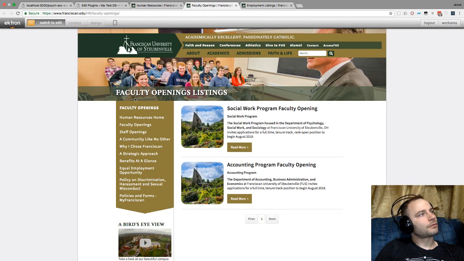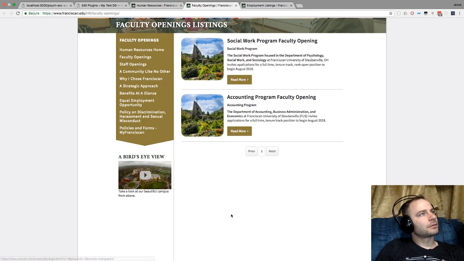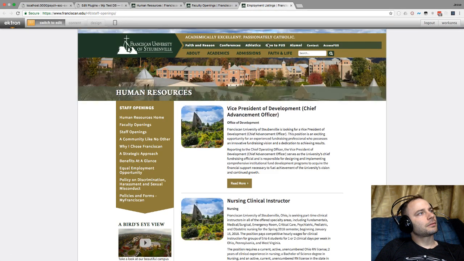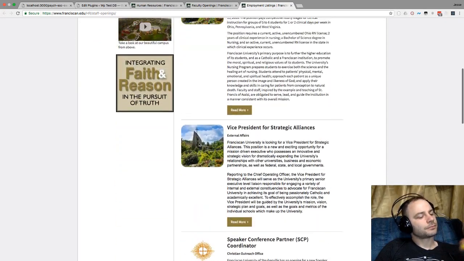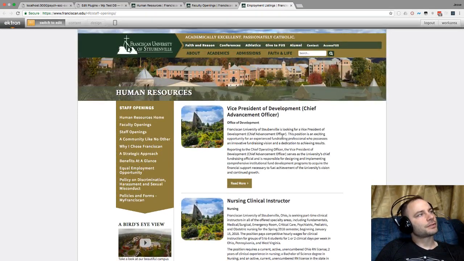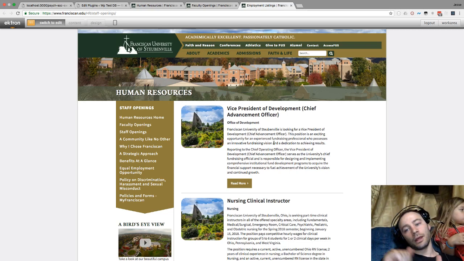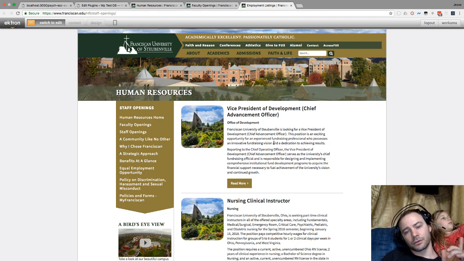Let's see. Yeah, so faculty openings, these are all the same links. Okay, this is pretty much it. Yeah, I mean, this is pretty much the same. The only difference that I could see, there's a different image in the background, so no big deal because we're not bringing images over right now anyway. So here's my idea. What if in the router we made it so that both of those routes would go to the same page,